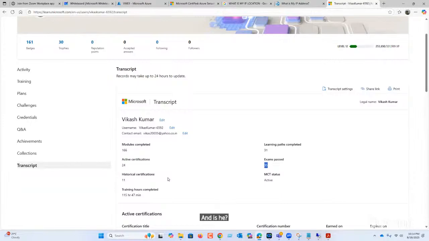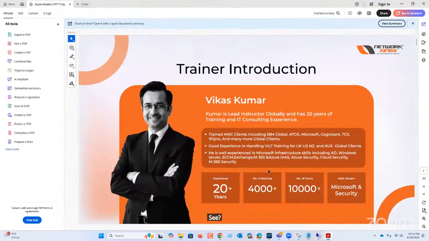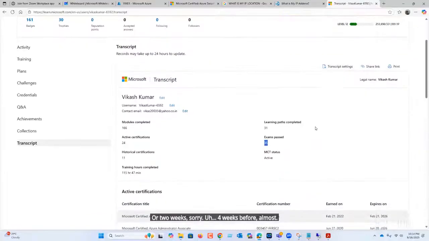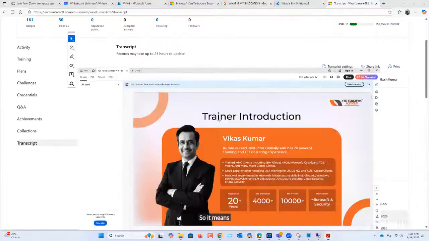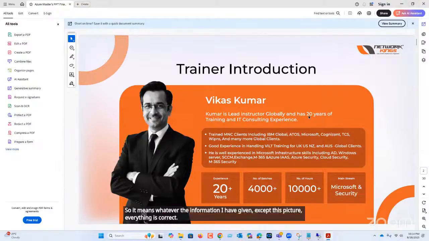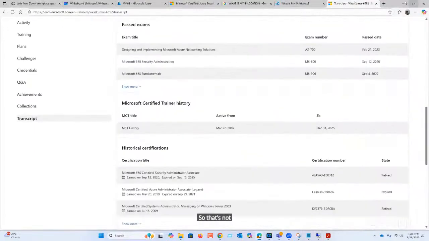Yes, 35. See, 4 weeks before, almost, I traveled to TCS Chennai and delivered Intune training. So whatever information I have given, except this picture, everything is correct. Except this 20. It's not 20, it's 21. So, okay. That's not your photo.